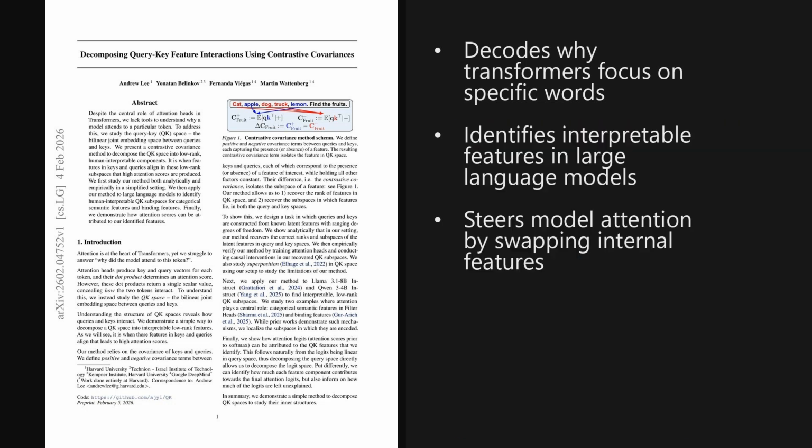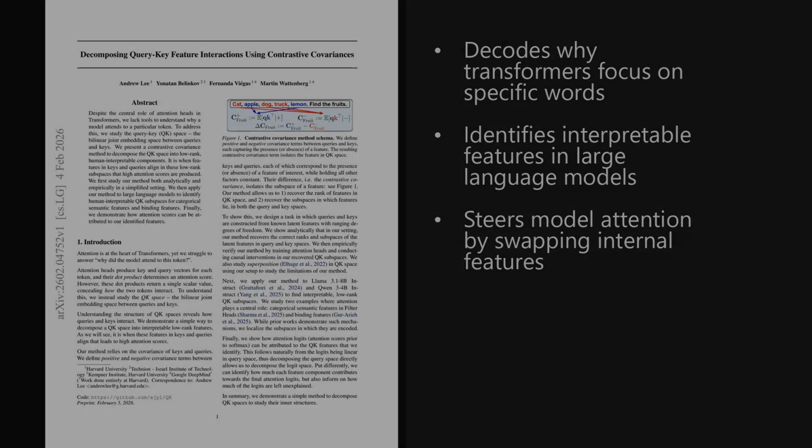I'm Alex. Today we're looking at a paper trending on X, published on February 4th, 2026, about a week ago. It solves a major puzzle in interpretability by decomposing the query key space into low-rank components, showing exactly how features align to generate attention scores. The paper is titled, Decomposing Query Key Feature Interactions Using Contrastive Covariances. And as we'll see later, the results are really impressive, demonstrating that we can even manipulate these subspaces to steer